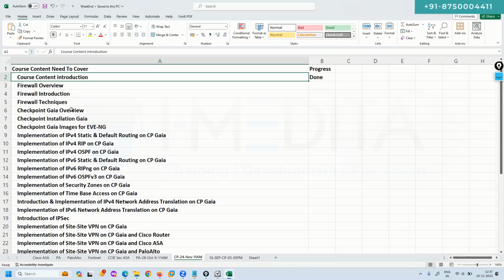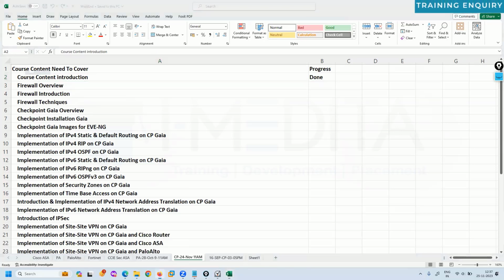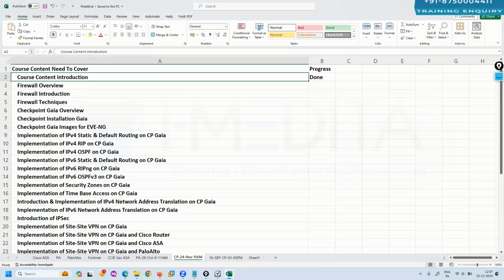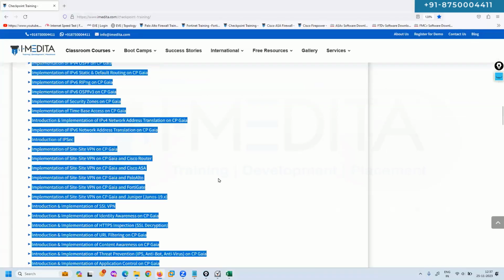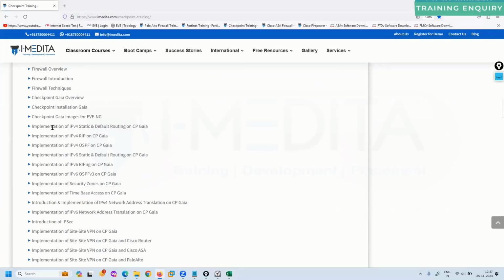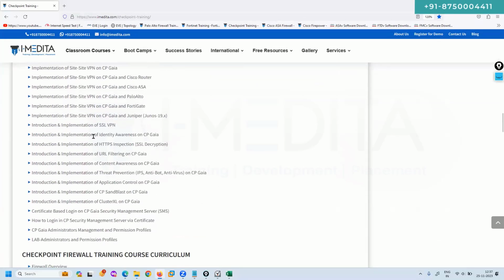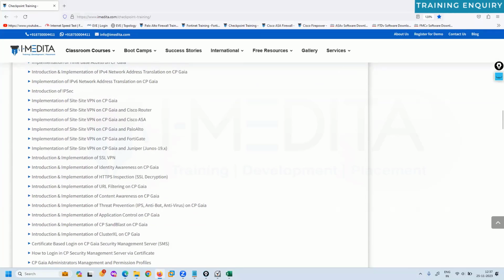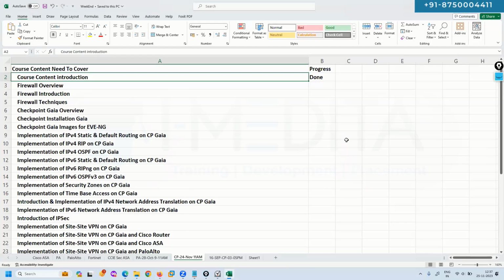That's why with every student in every course we tell them clearly what we are going to cover. Whatever is mentioned here, we will tell you what it is saying theoretically and how practically we can achieve it. But to do so, we will not use only the Checkpoint document. We will use Cisco documents also. We will use Palo Alto documents also, because